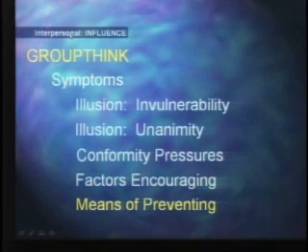There are a number of means of preventing groupthink, and that's pretty straightforward. It's kind of the reverse of what I was talking about. But number one is get the reactions of neutral outsiders. Get the reactions of people who understand the problem and have no vested interest, pro or con, in what should be done in a given situation, that the sources that you check have no vested interest in what decision will ultimately be made.